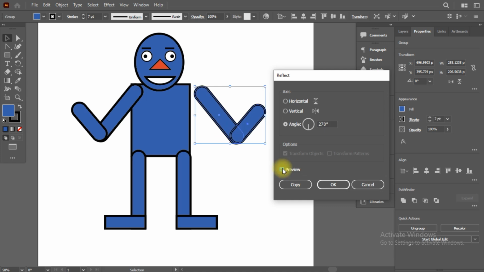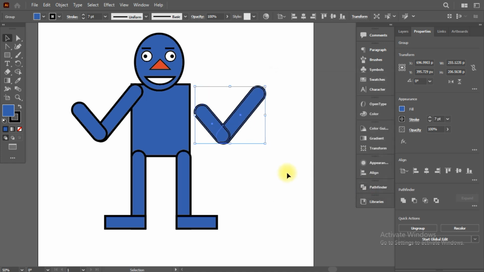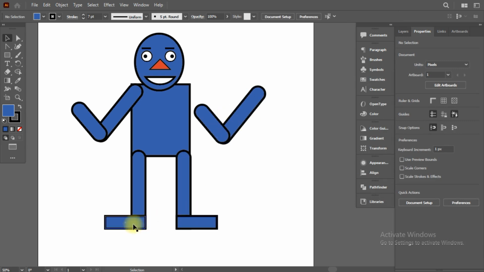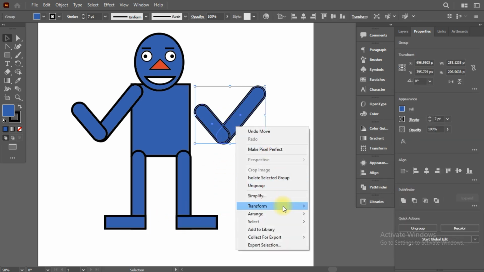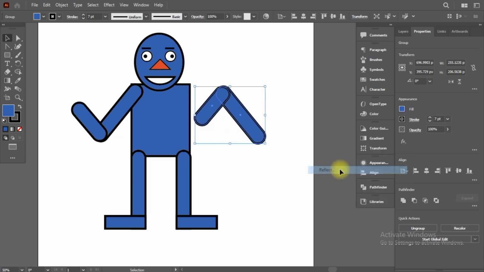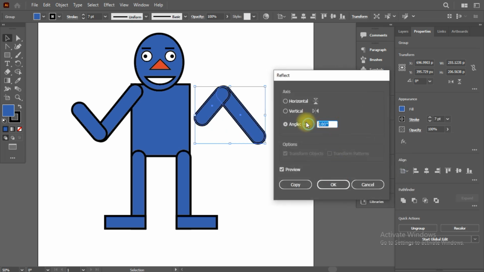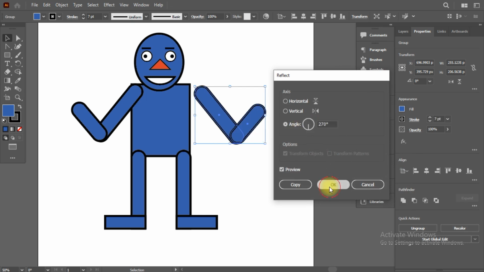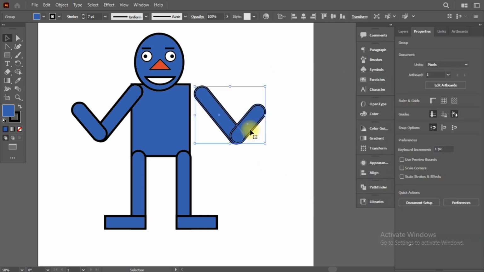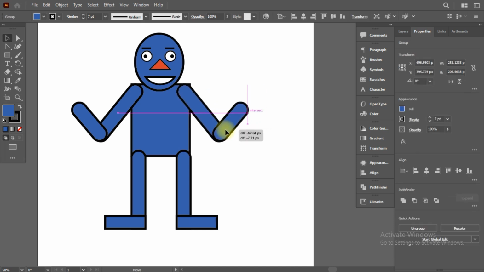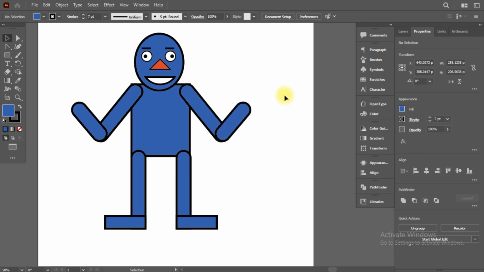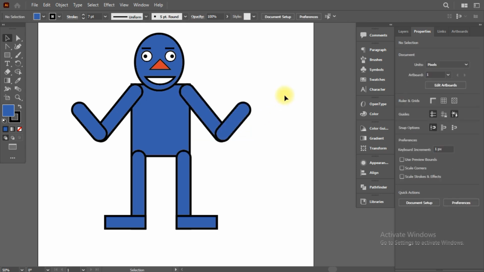Okay, fine. Do you see that? Yeah, I knew that the reflect will work. It was not in this case. So I right clicked, went to transform, went to reflect, and I put in 270. I have this, then I can just hold my and then move this in there so that it will be very much equal. So what we could do is, I think the hands, let's see,